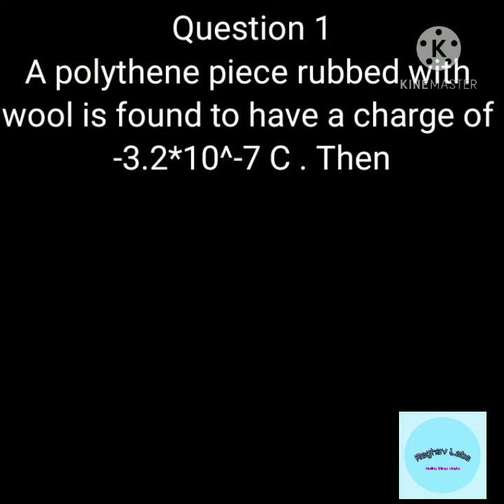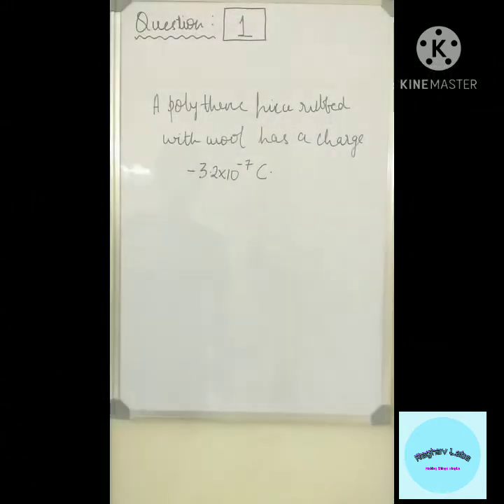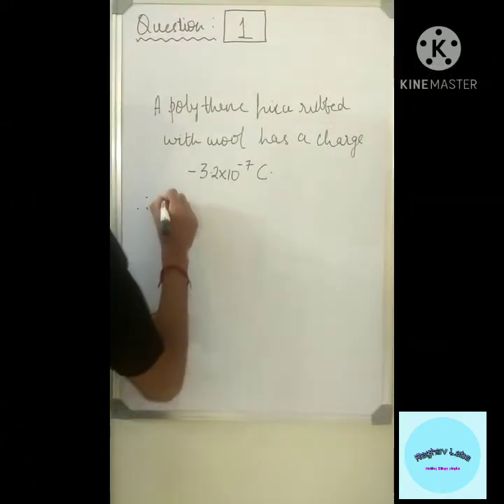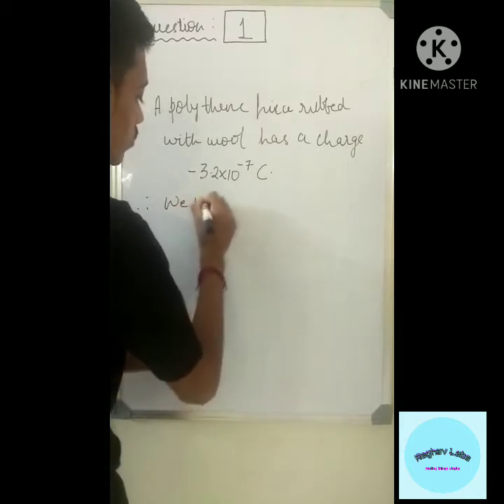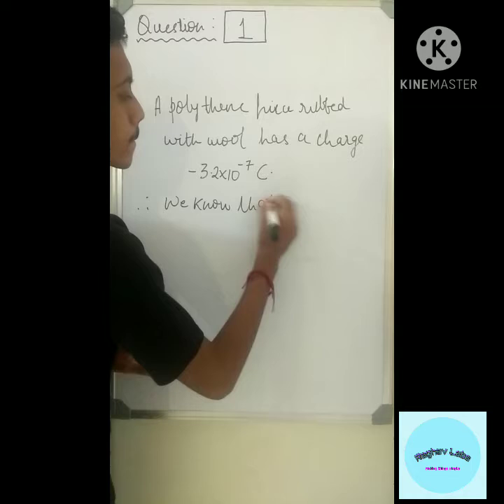A polythene piece rubbed with wool is found to have a charge of minus 3.2 into 10 to the power of minus 7 coulomb. Then the options are given as follows. C. We are given the data, right? According to the given data, we know that